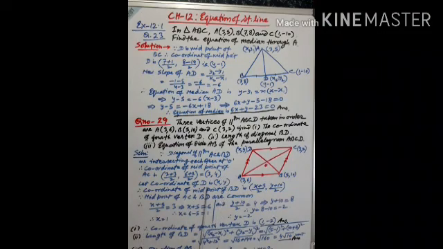Let the coordinate of D be x and y. So therefore, the midpoint of BD also you have to find. Midpoint of BD is O, so the coordinate of O will be (x plus 5)/2 and (y plus 10)/2. Since the midpoint is common here, we equate the midpoints of AC and BD. The x coordinate of both will be equal.